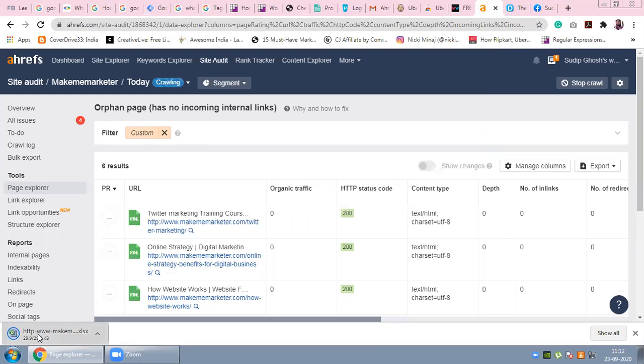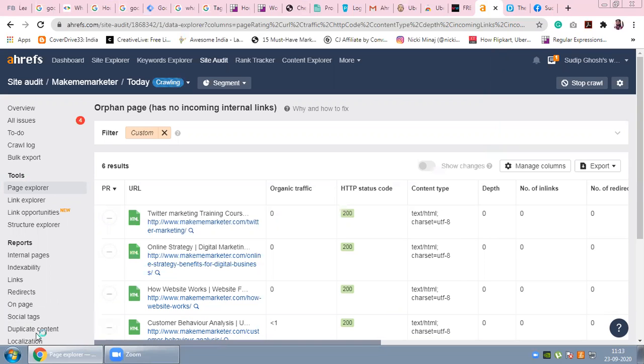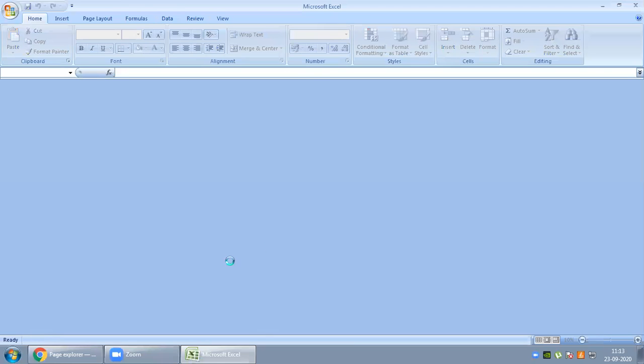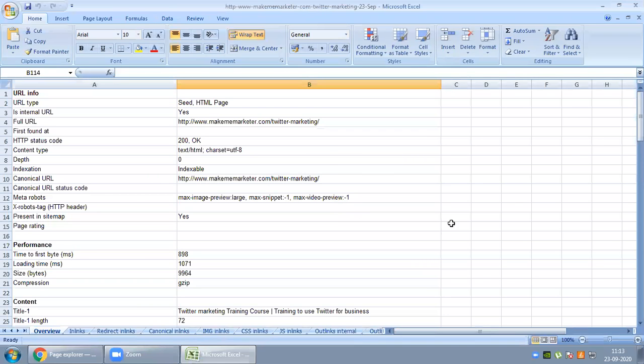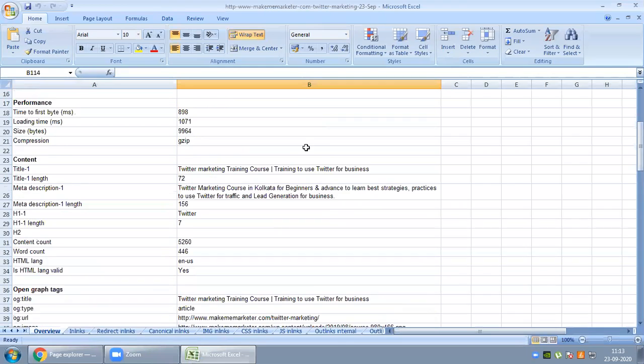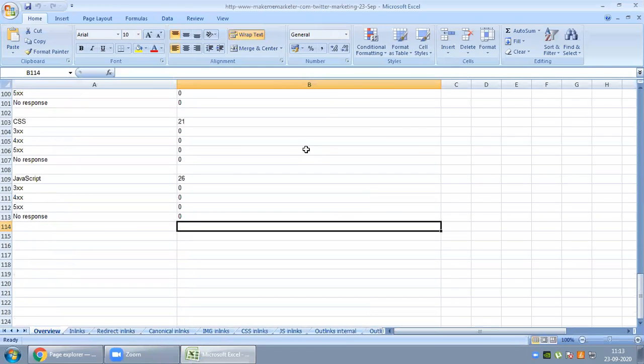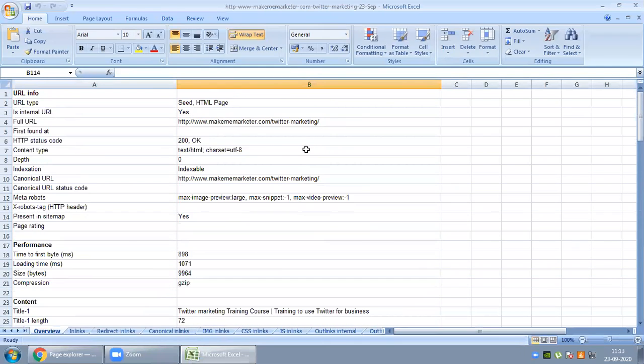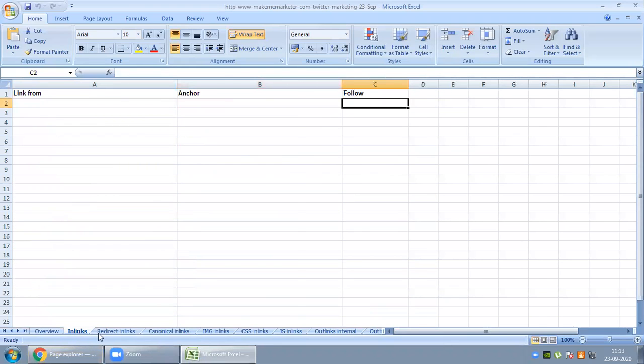Now let's see what they are providing while downloading. See, here are the details. This is how you have to audit your website pages.